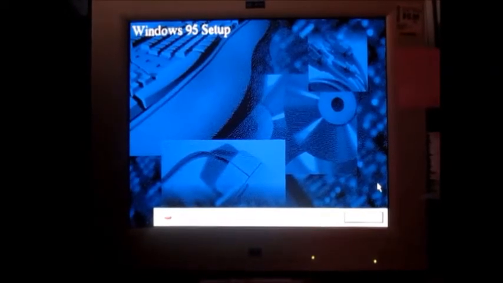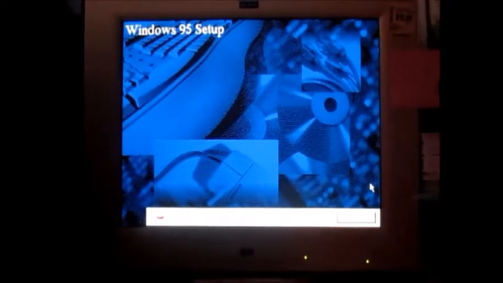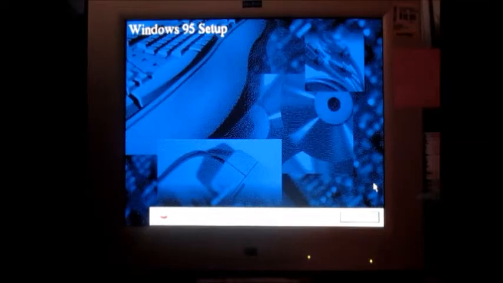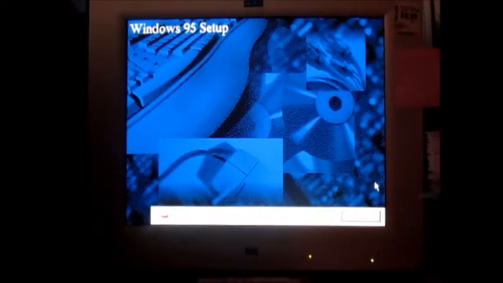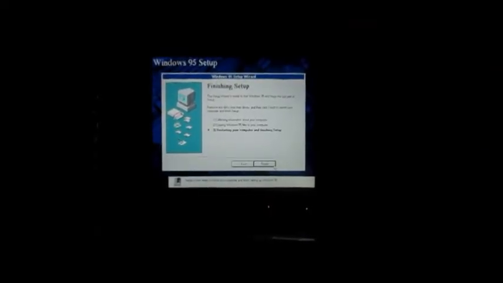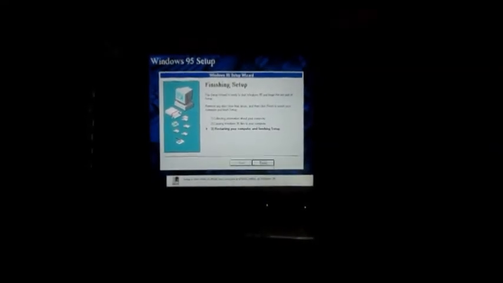So I will go ahead and stop the clip right here, and we will be back once it's time to restart. Okay, we're back. That actually took quite a while. Longer than the hardware detection process. So